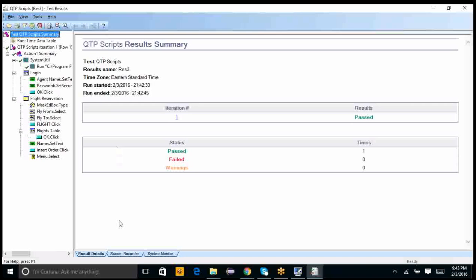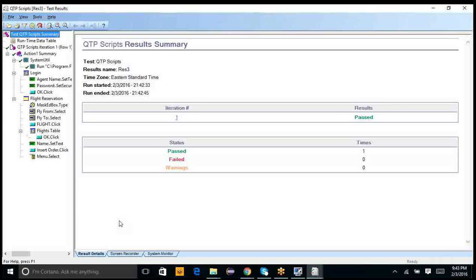Now, the result summary is saying that the test script name is QTP scripts, the result name is RES3, the time zone is Eastern time zone, and the run started at 9:42:33 on February 3rd and ended at 9:42:45.